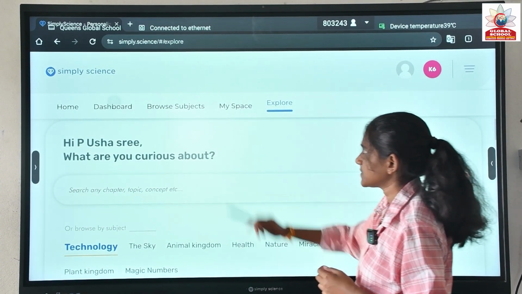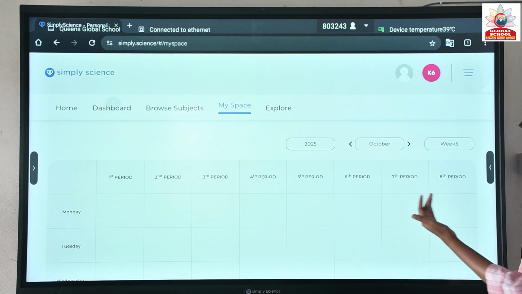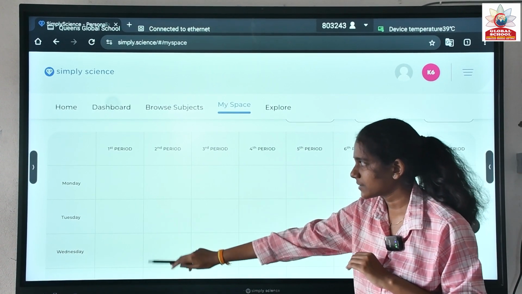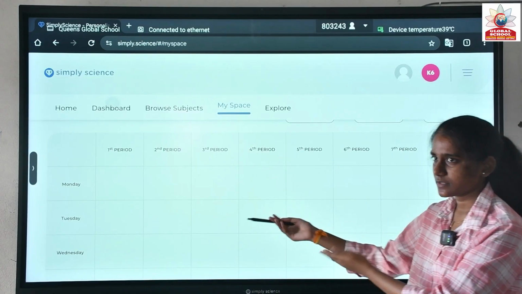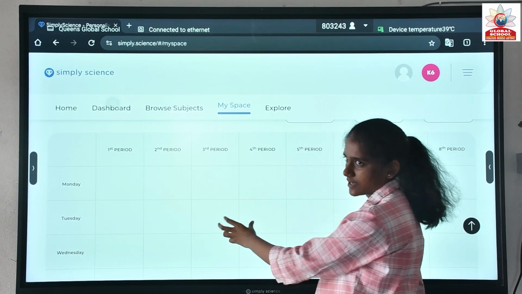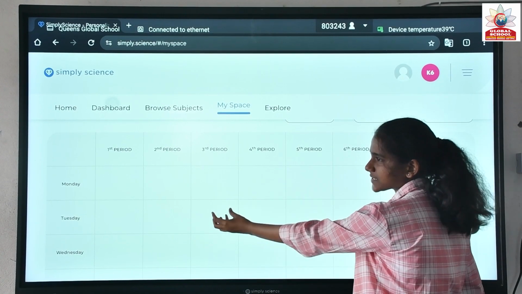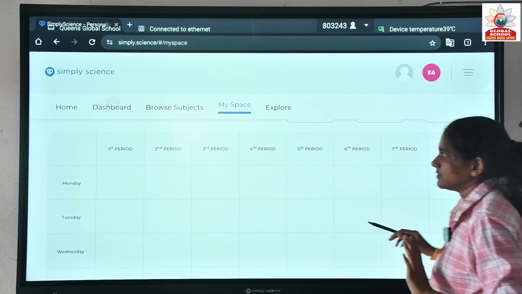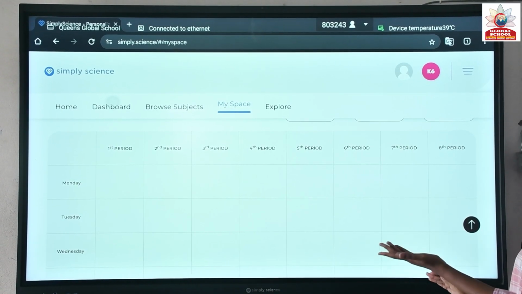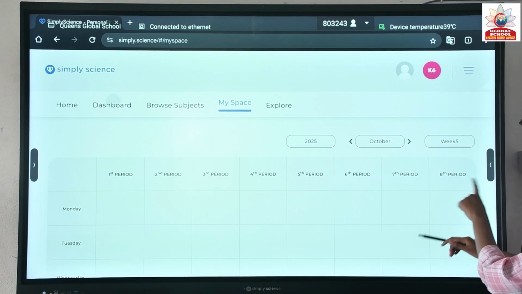So coming to the MySpace, in the management, sir has created the timetable, you can see it over here. So sir has created the timetable for Tuesday, Usha ma'am or Sabita ma'am, whoever it is for the third period, ma'am will be highlighted here. Once the management has created the timetable, every teacher can see the period here. So till now we haven't created anything yet. So if sir or any ma'am has added that, you will see here class wise.